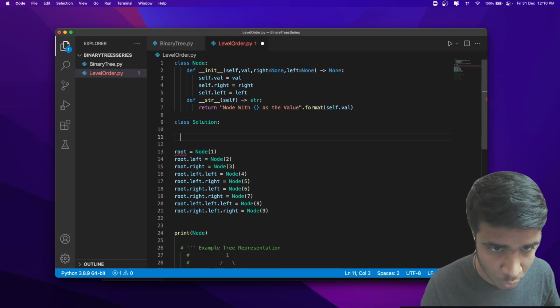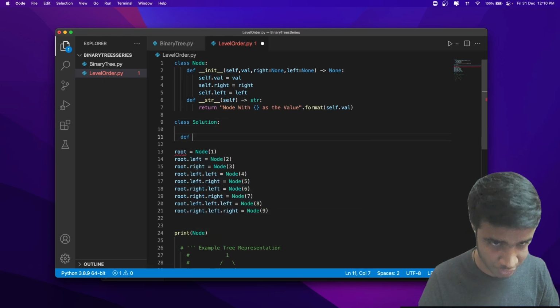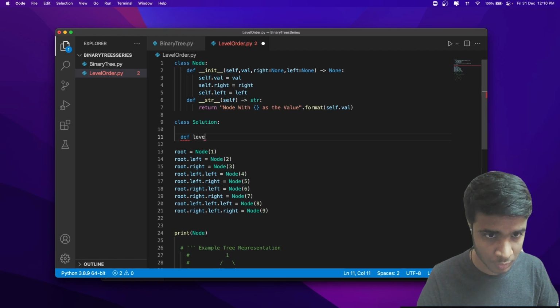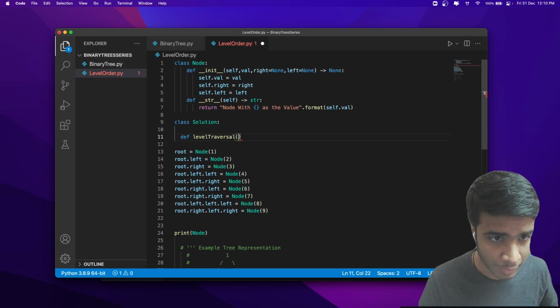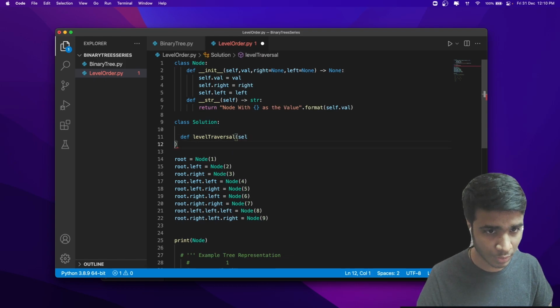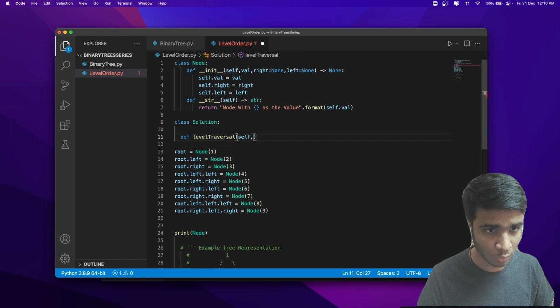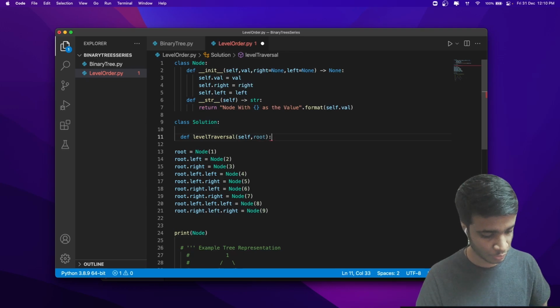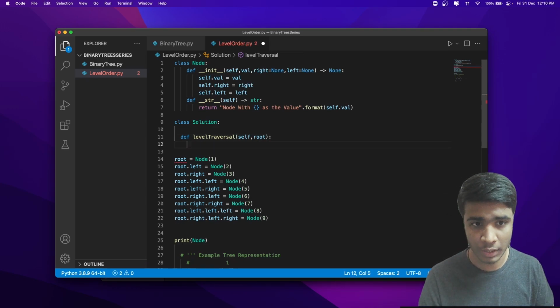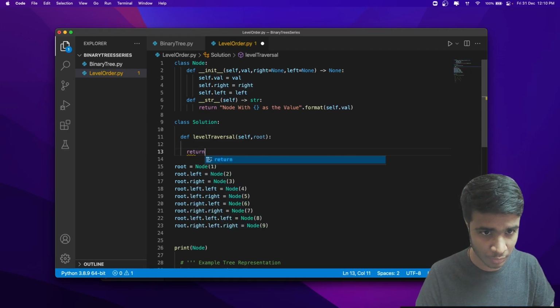Let's code the solution. Let's define the function here, level traversal, and assume that it would take a root. I will be passing a root, and in the end I will be returning an answer.